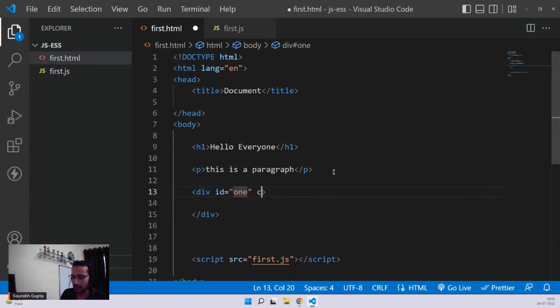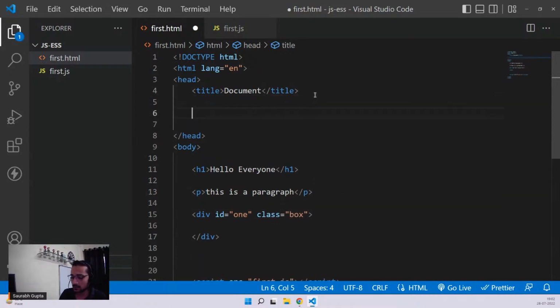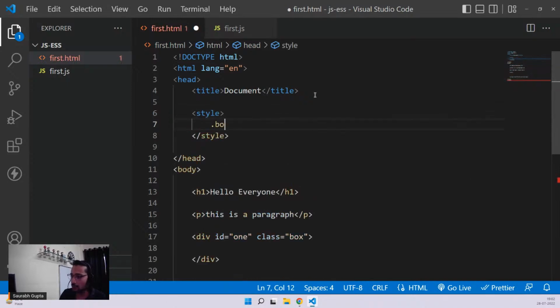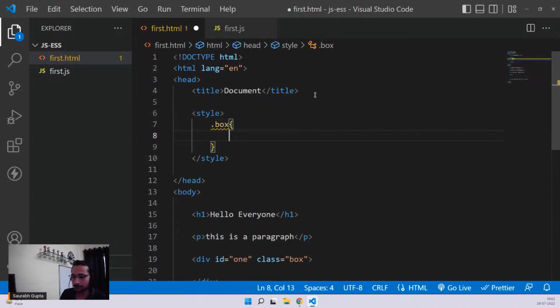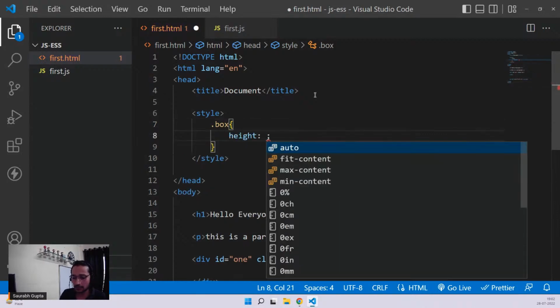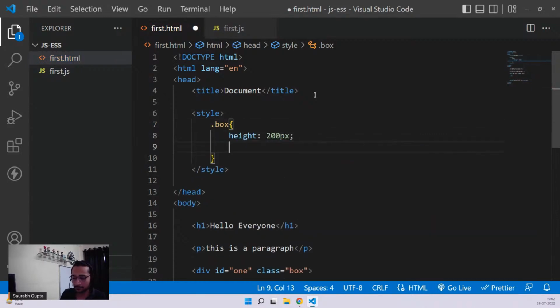And also give it a class so that I can apply CSS on it, so class of, let's say, box. Let's also apply some CSS, guys. So style, dot box, height 200 pixel, width 200 pixel,